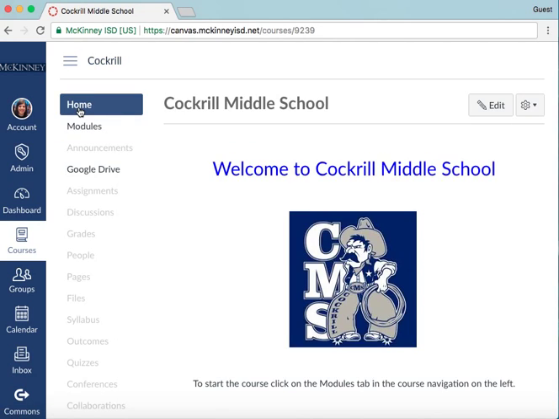And one last thing I want to show you guys is your Google Drive. So when you are first logging in, you're going to have to authorize your Google Drive in your courses to be able to use your Google account, your Google Drive, in Canvas, which will be great because you'll be able to view documents your teacher puts in there, and when the time comes, you'll be able to submit documents through your Google Drive. So mine's already authorized, but what you'll do to authorize yours is you'll click on Google Drive,